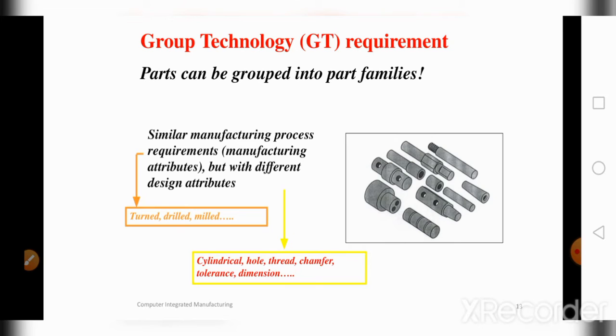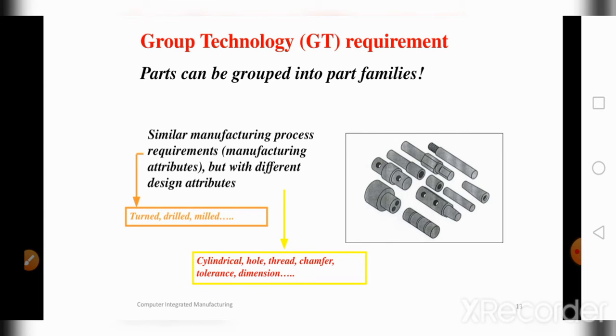So even if we manufacture a unit in different sizes, for example the same shape but a different size, that is the same part family. Such things are easy to adapt to. Only the size changes while the shape remains the same, so we can easily adapt to a larger or smaller size depending on the requirement and then go for manufacturing. That is what we call flexibility, flexibility of the production unit and the workstation.